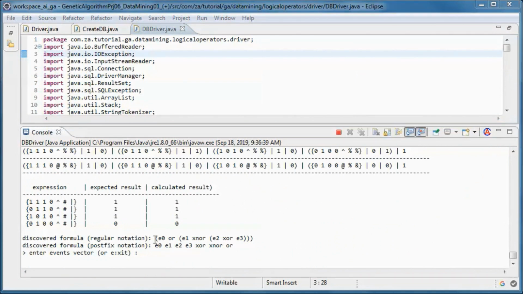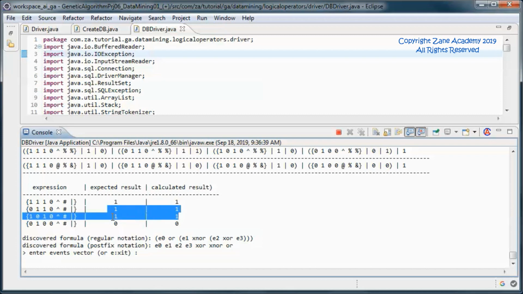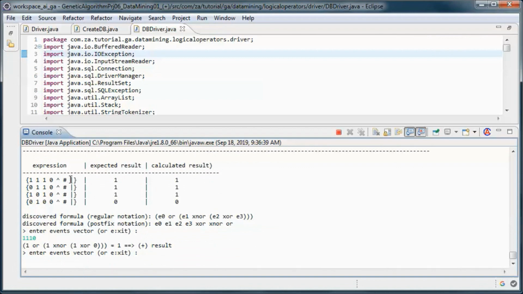we discovered this formula in regular notation for those 4 events, where the expected result is equal to the calculated result. And this is the formula in postfix notation. So if we try those 4 events, we should get a positive result.